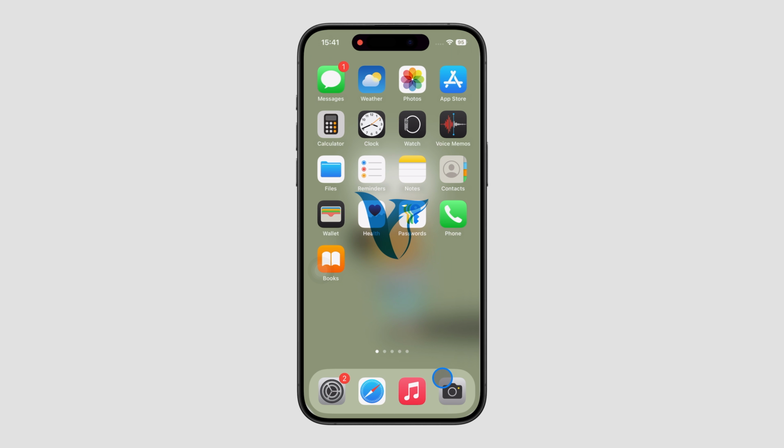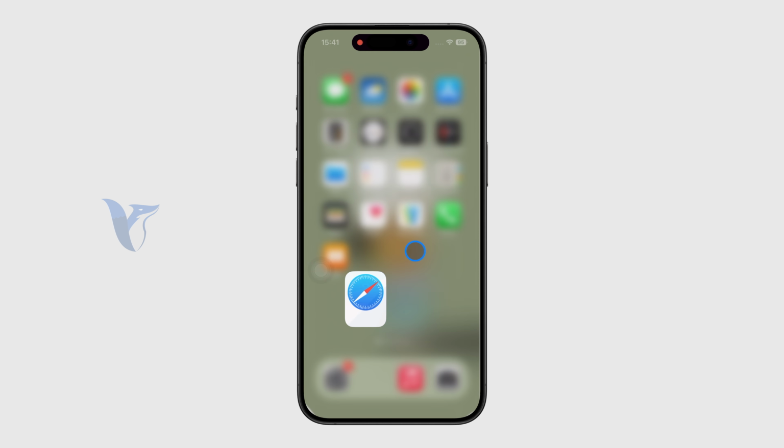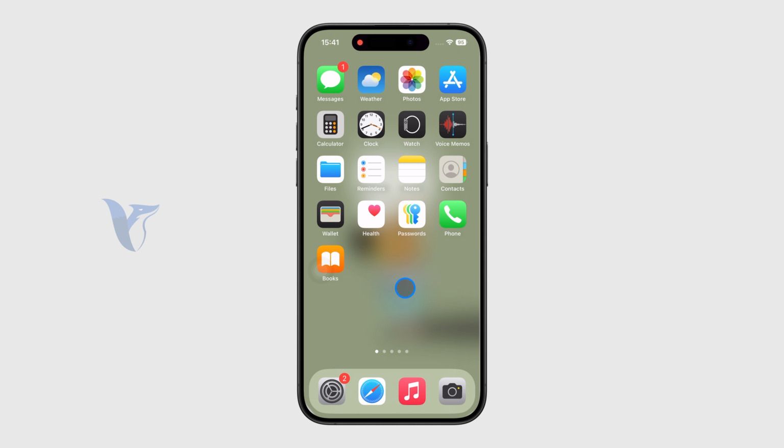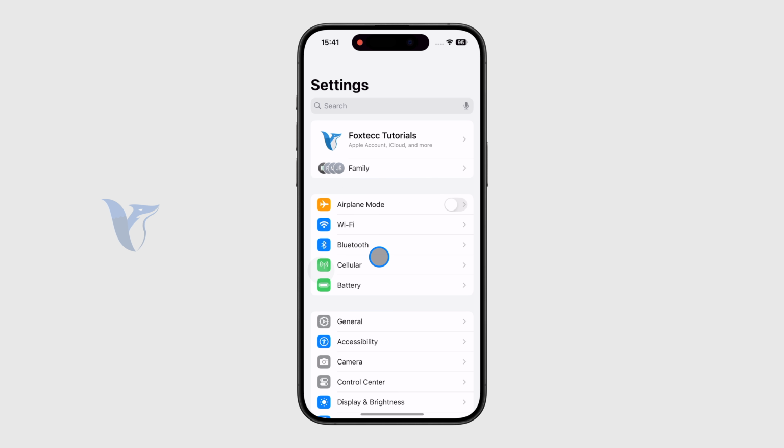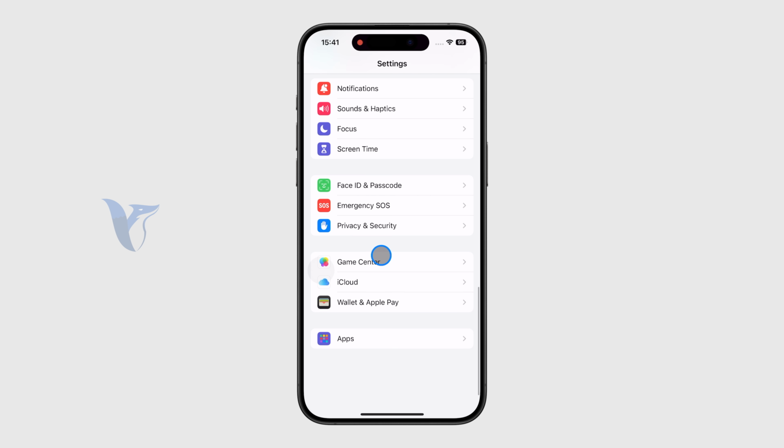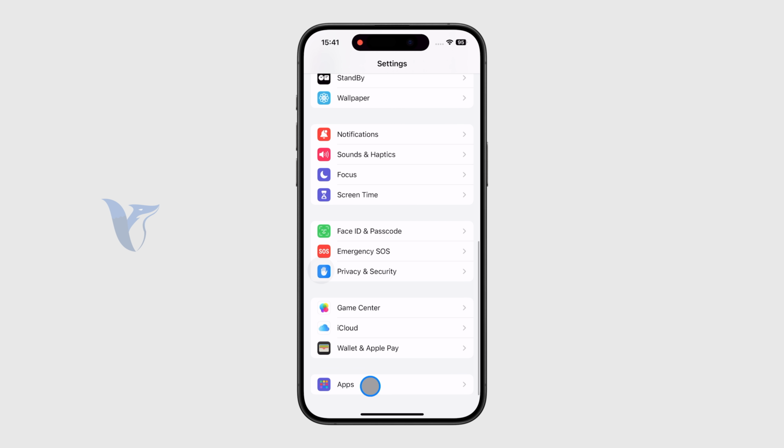So this is how you can change the Safari language of your iPhone, and let's get into it. If I open up Safari, this is what it kind of looks like, but in order to change it, you don't go through the Safari, but you instead open up the settings, and entirely at the bottom we have the